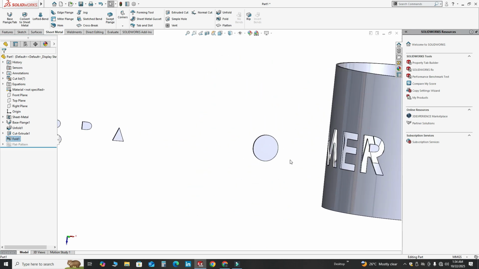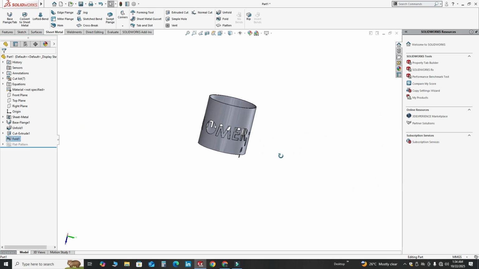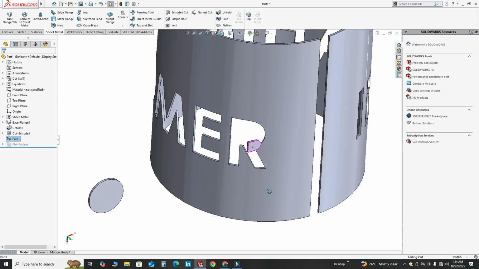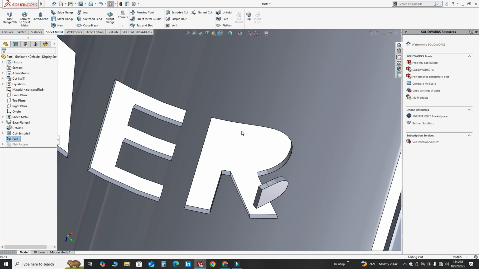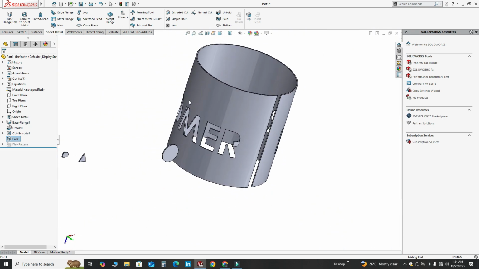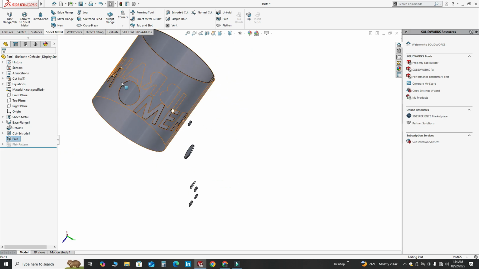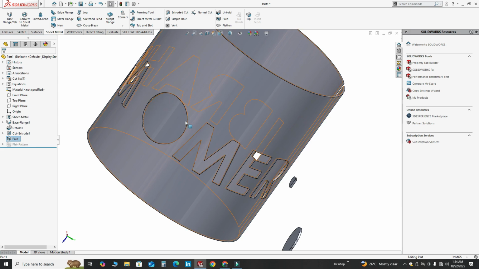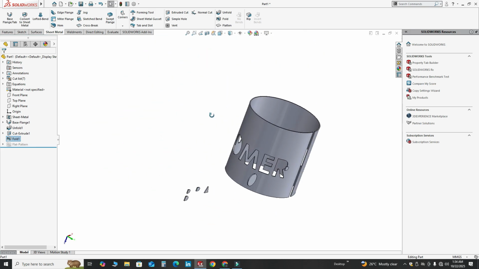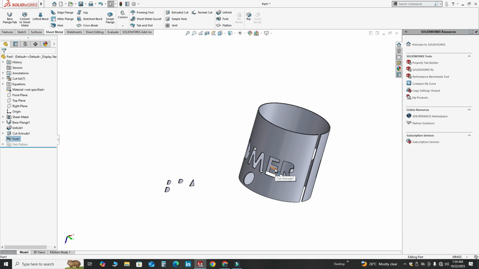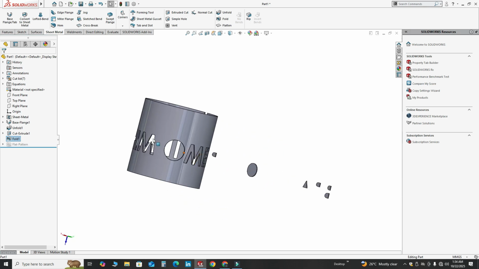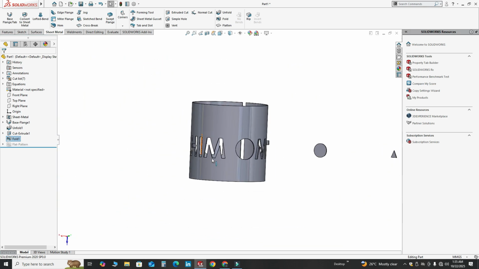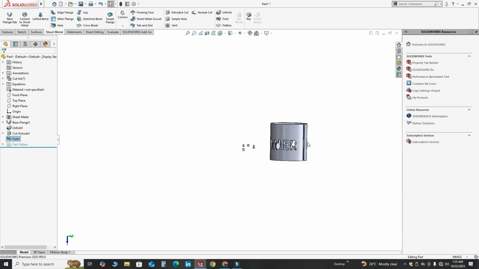You can also see this R is also not connected with this geometry, and when you will be creating this part in laser cutting or CNC machine, this R and this O will fall out, and these will not be part of your final sheet metal part. So you can see this error, and now we will fix this problem.